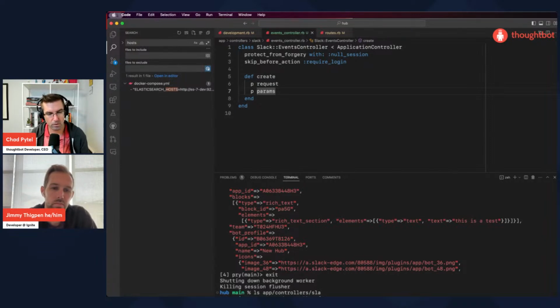Since the controller is in a Slack directory, I like to put the specs that match that also in a Slack directory. That makes sense. Yeah, for other folks. And we don't need to name it anything specific. It's not a controller spec. So we could say URL verification spec.rb.